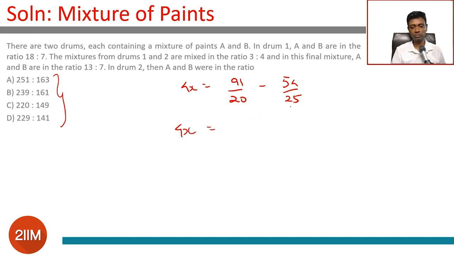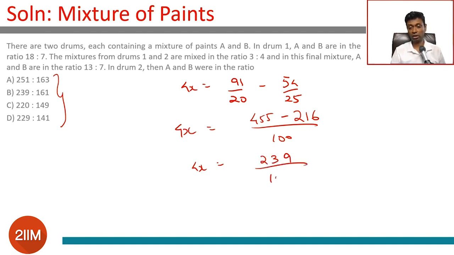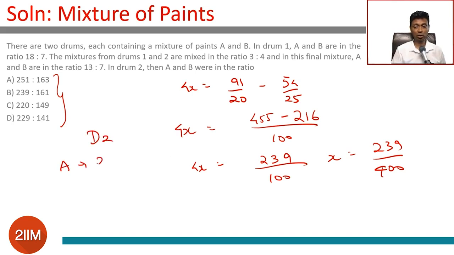4x equals, LCM of these two is 100. 91 into 5 is 455. 54 into 4 is 216. Or 4x is 455 minus 216. 15 minus 6 is 9. 4 minus 1 is 3. 239/100. Or x is 239/400. In drum 2, A is 239/400 overall. B should be the remaining, or A is to B should be